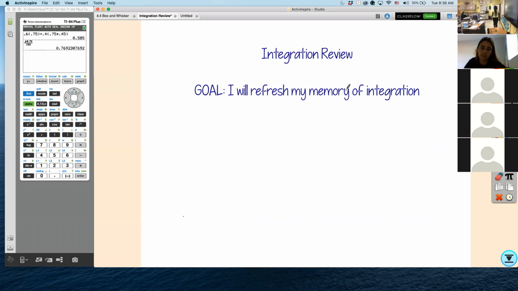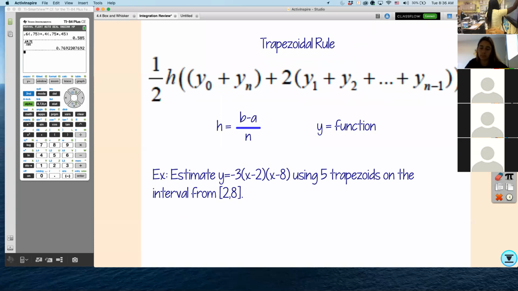Today, we're going to wrap up the last bit of material I need to review with you all. This integration. So we're going to be refreshing your memory on integration. Again, a lot of these images and screenshots and formulas were pulled from old notes. So if you have those, it's good to have them out. This is more so, like I said, to refresh your memory of what we covered at the beginning of this